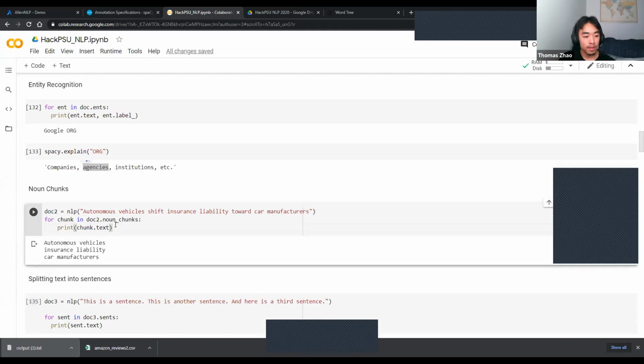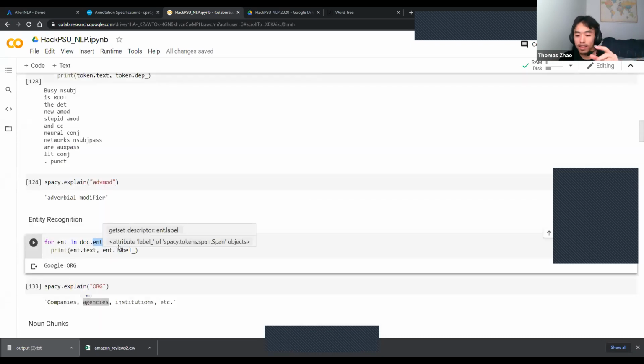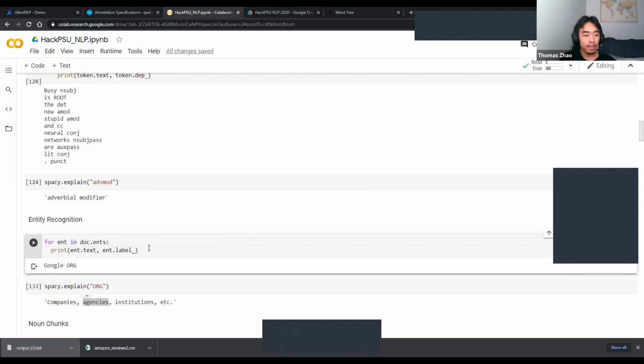Right. So yeah, there's all sorts of different applications you can do. You can look at the entities. You can extract the entities and then look at what adjectives are describing Google, for example. And so what I gave you guys in this workshop is just the building blocks for natural language applications that you can use. And so I'd like to close off this workshop by going back to the PowerPoint.